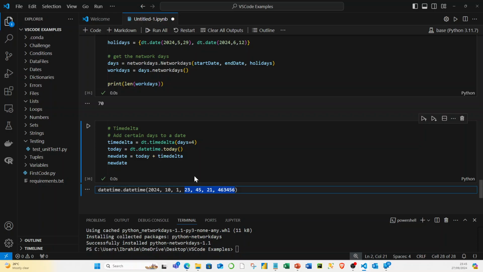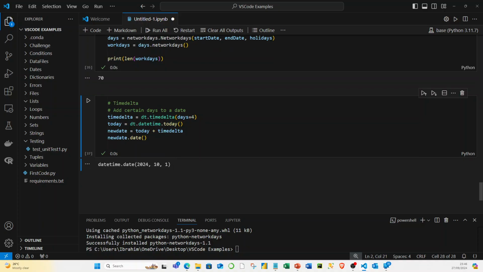Now, sometimes you get a result like this and you're fine with it. Another person may say, I'm not interested in the new date showing me the date and time. Rather, I just want to see the date element alone. If that's your target, just bring in this, and then it will show you that your new date will be 2024 as the year, October as the month, and the day is going to be the